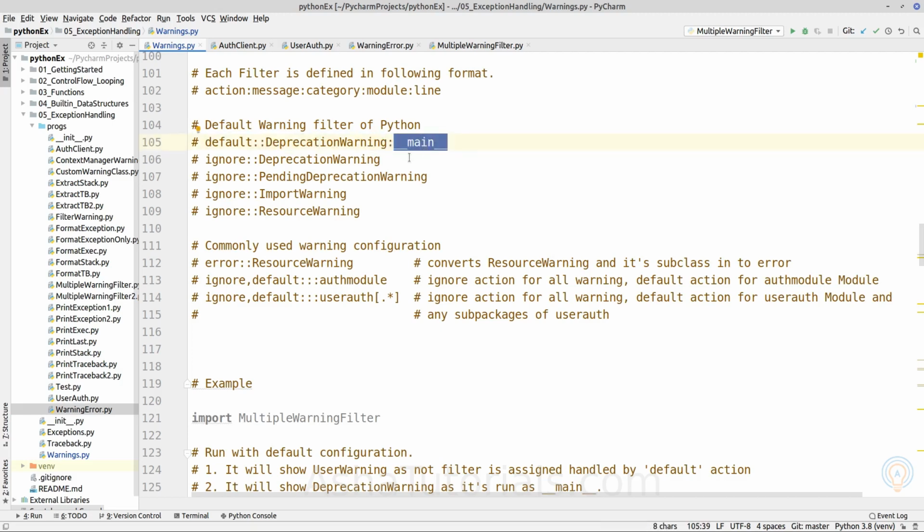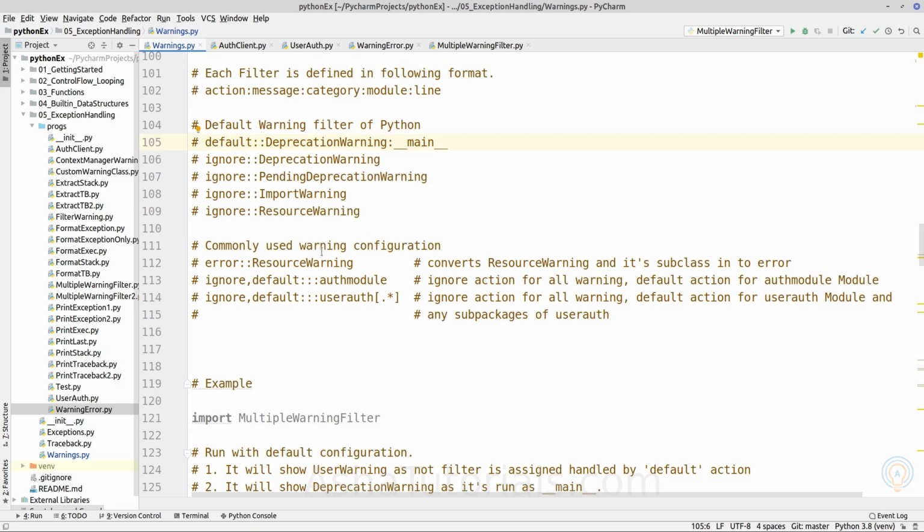So all deprecation warnings from main are printed, and from all other modules they will be ignored. Next, pending deprecation warnings are ignored, and import warnings and resource warnings are ignored. So by default all the other categories fall into the default, which will print the message.